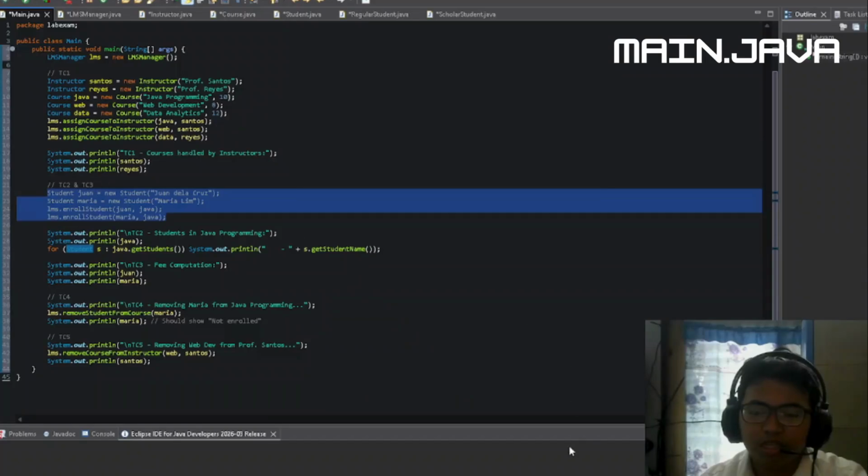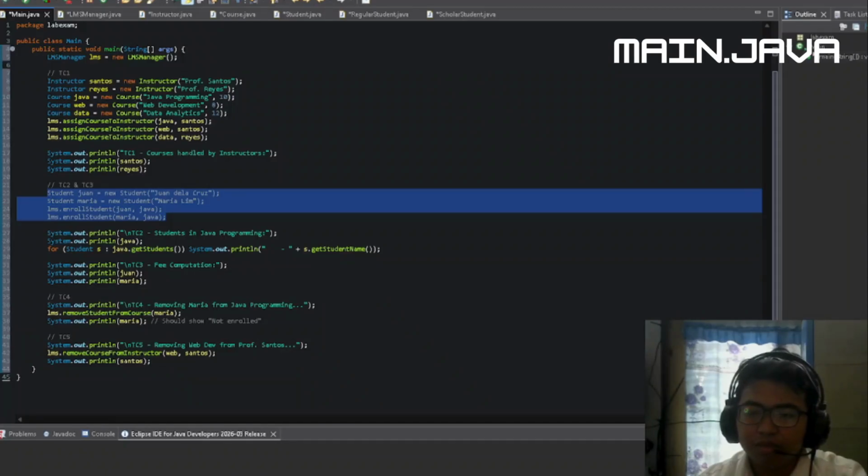What is the purpose of this code? You create 2 types of student, which is a regular student and a scholar student, which has a discount fee.